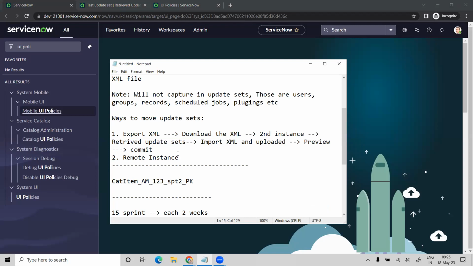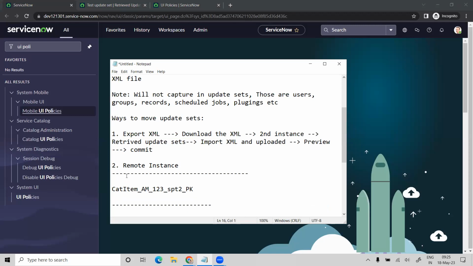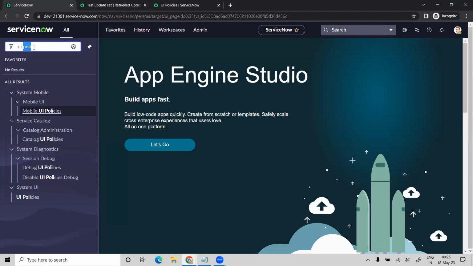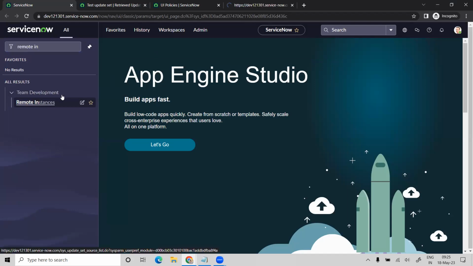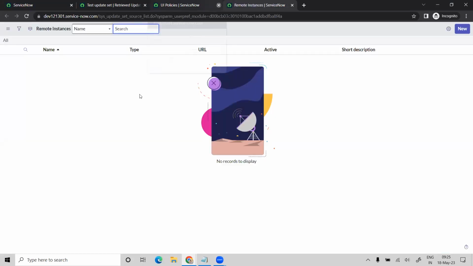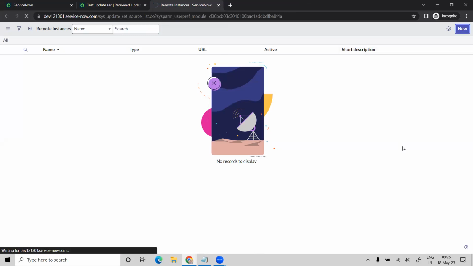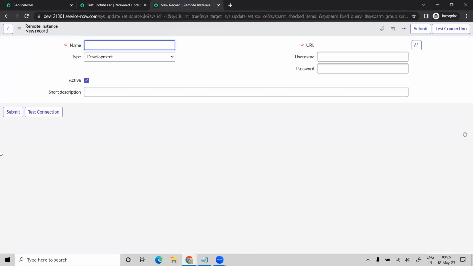Okay, so now let's get into the next way, which is a remote instance. In the second instance, just type it out, remote instance. See, team deployment we have, development we have, remote instance, open this. As of now, we just need to create a connection, or else configure something. So give the name of an